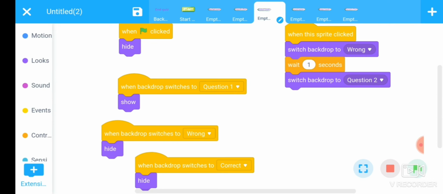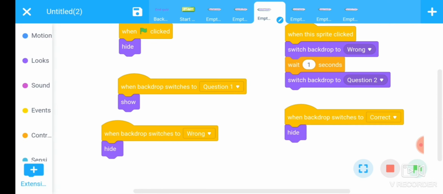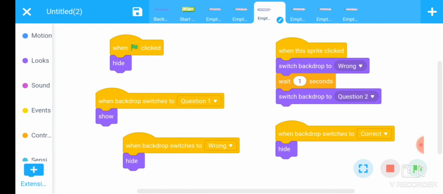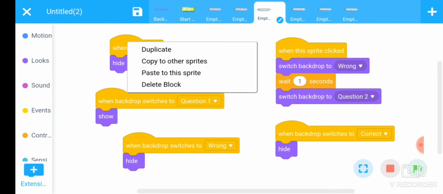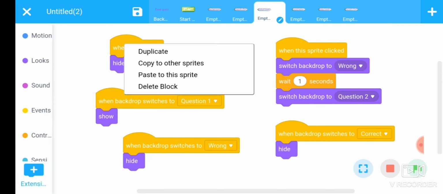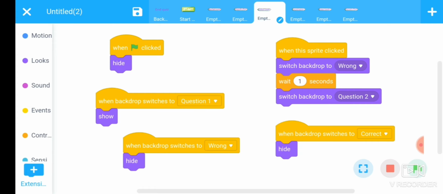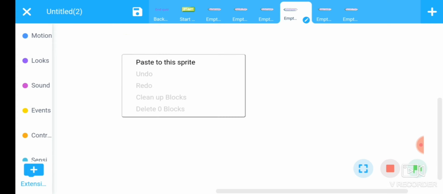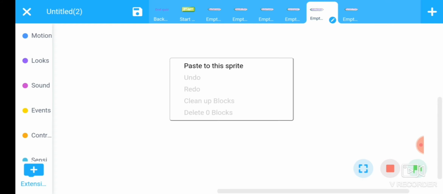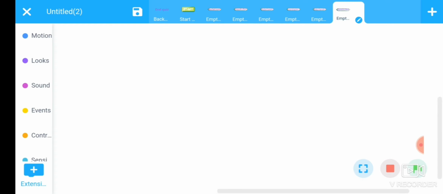Now same code you have type here, copy these code in other three sprite, make a duplicate, no, copy and paste here, paste in another, again paste.